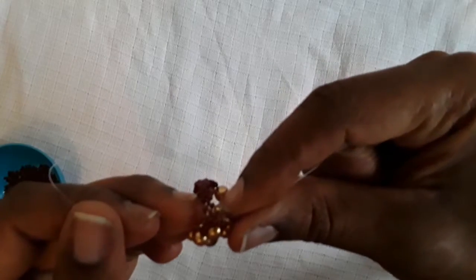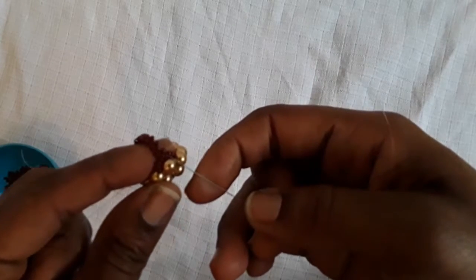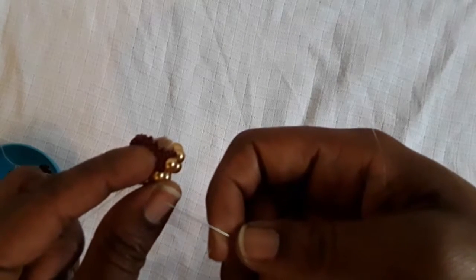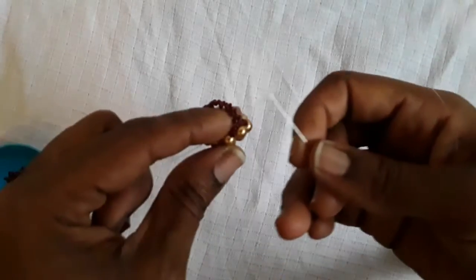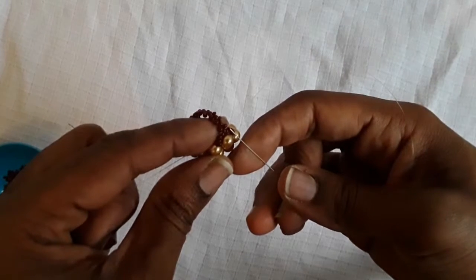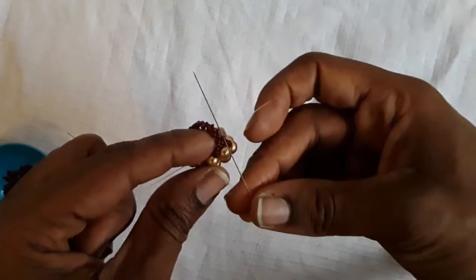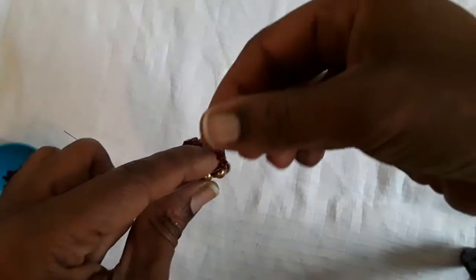Okay, now what we're going to do is feed the thread through the first bead here. Again, I'll wait for it to get into focus. Okay, so feed it through this bead here. And this time you can just focus on one side, which I think is what we'll do. So feed that through the first bead there, and then